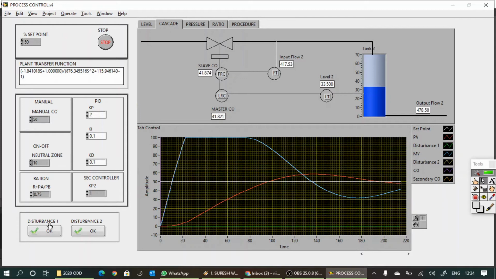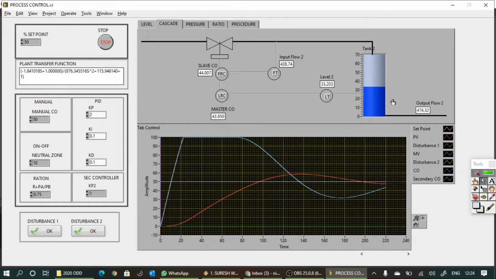Okay, disturbance 1 means the disturbance that is directly affecting the controlled variable, that is level. Okay, this controlled variable may be affected if this flow is changed, or if you have some another source, or if leakage or something. Okay,